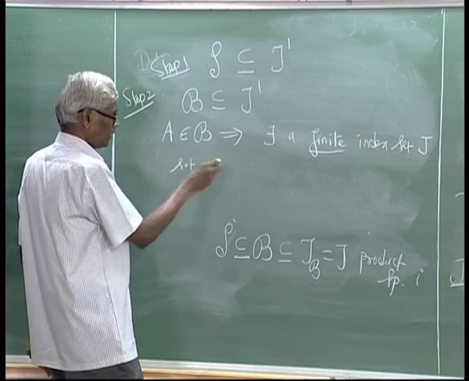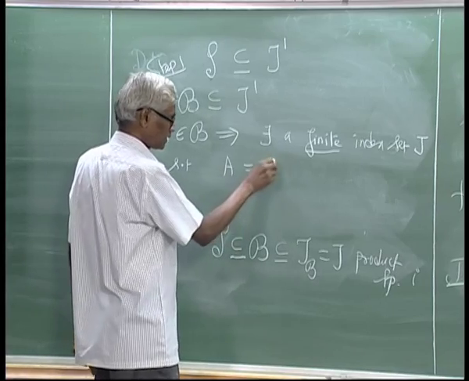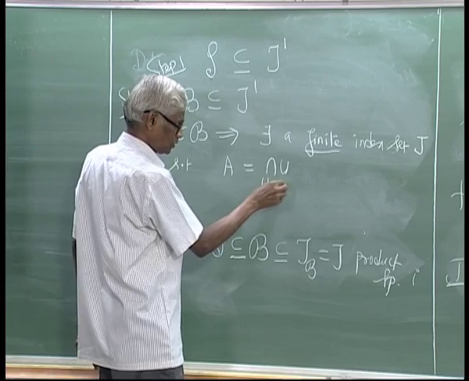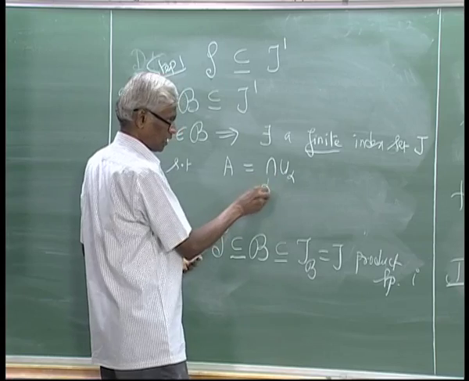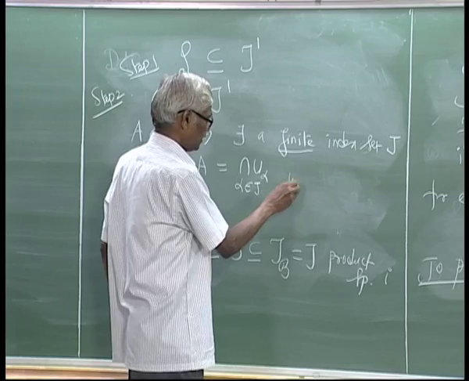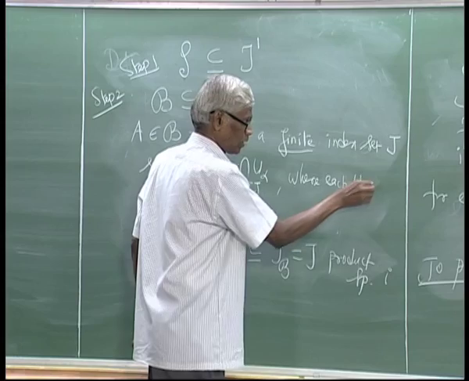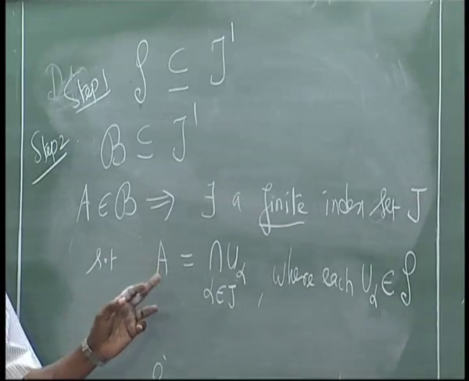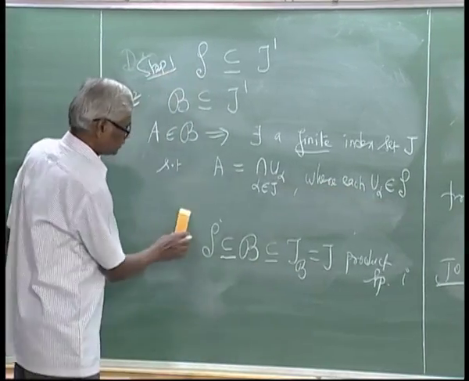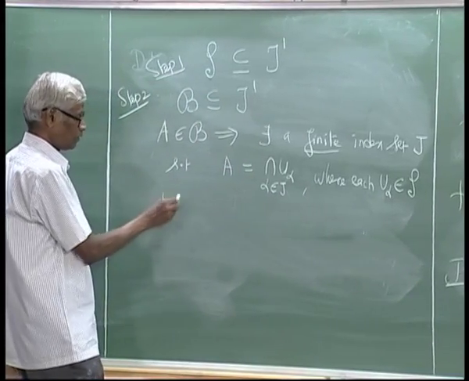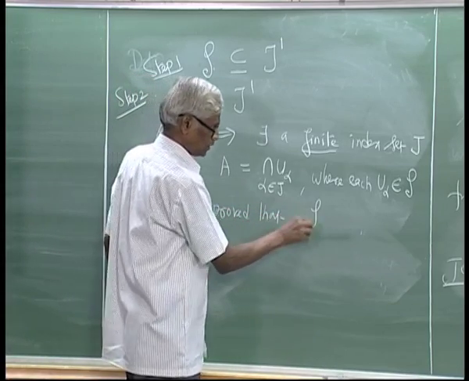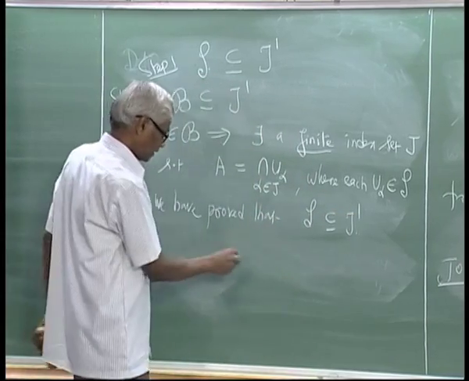such that A can be written as a finite intersection, A equals the intersection of U_alpha, alpha belongs to the index set J, where each U_alpha belongs to S. That is, we are able to write A as a finite intersection, here our index set is finite, of members of S. But already we have proved, in step 1, that S is a subcollection of tau prime, hence this implies